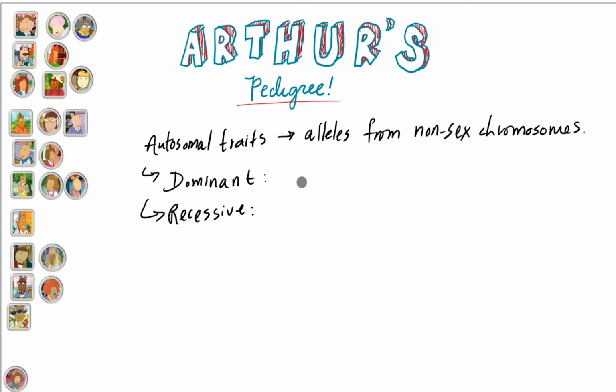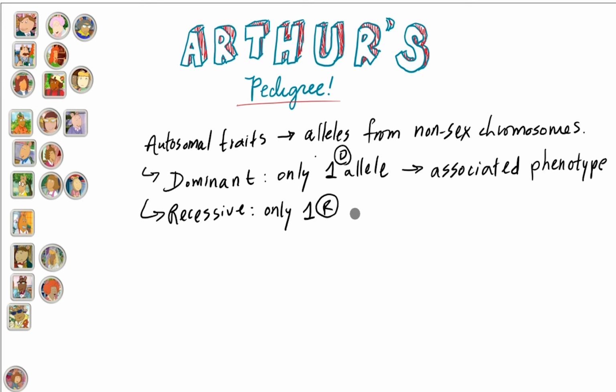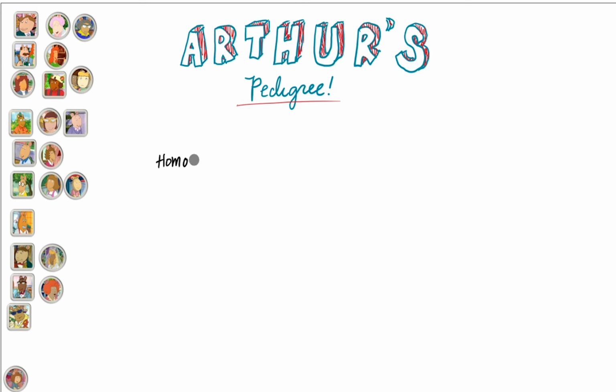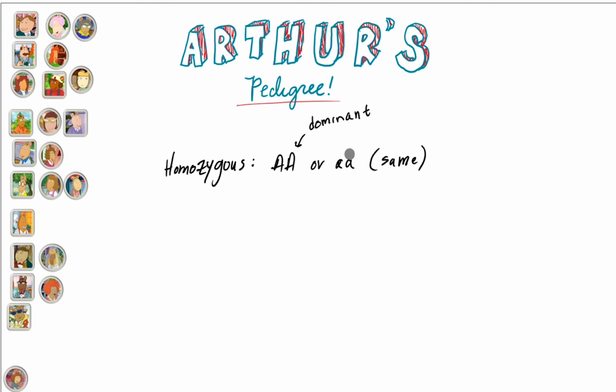If an allele is dominant, then this means that only one of those alleles is needed to be present to result in an associated phenotype. On the other hand, if a trait is recessive, then this means an individual needs two of the same alleles for a particular trait for it to result in the phenotype. By the way, homozygous is another way to say that there's two of the same alleles, like big A, big A, or little a, little a. Heterozygous is another way to say that there are two different types of alleles, like big